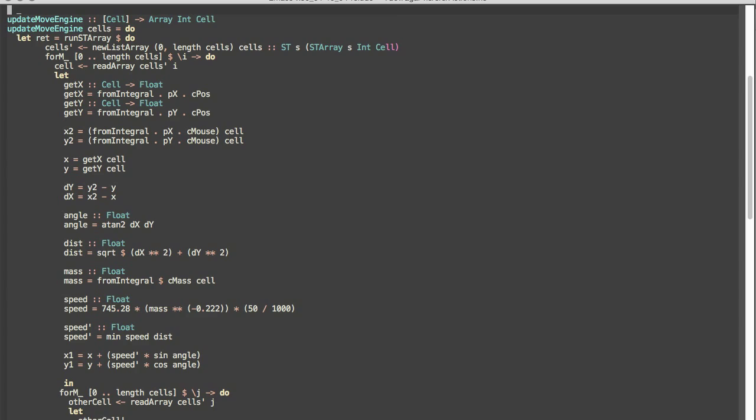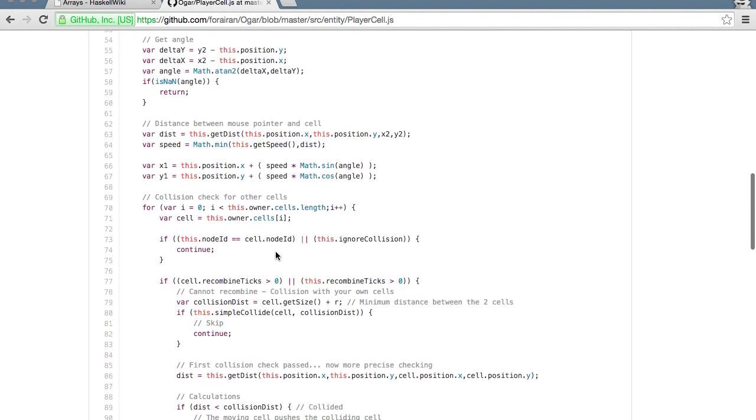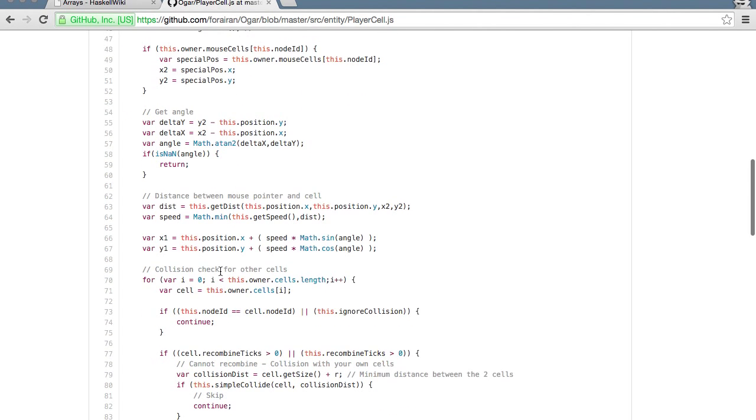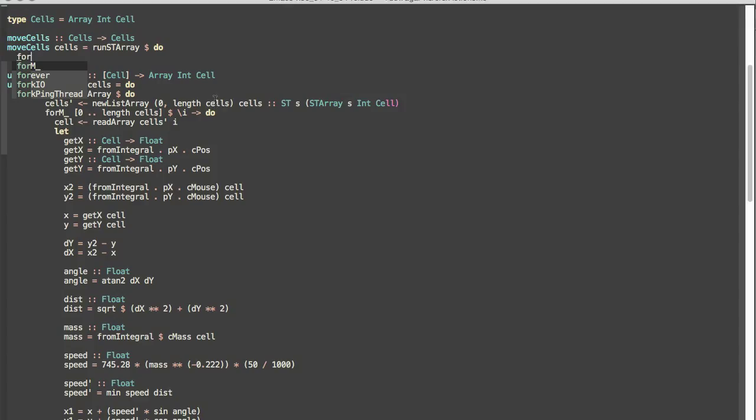All right, so let's get to it. I'm going to create this array. So I don't need to create this array. What I need to do is create this initial for loop. So I'm just going to skip ahead to this part. There's a for loop, and it takes out the cell at the ith position. How does that work? So there's this